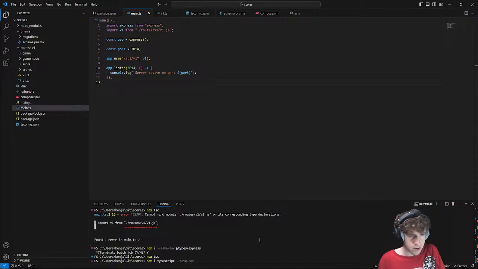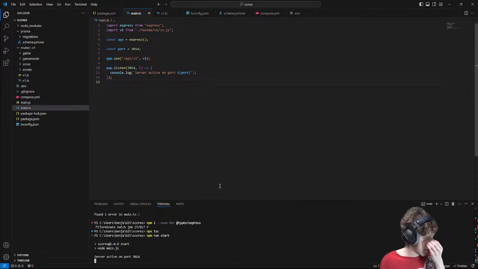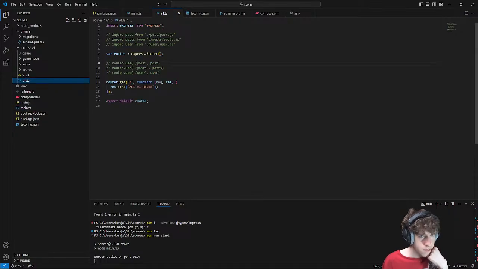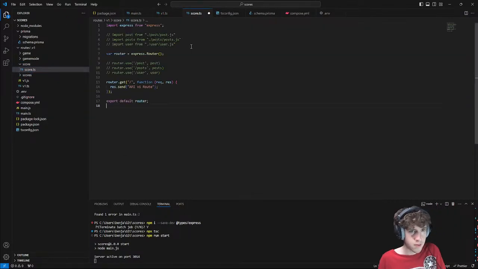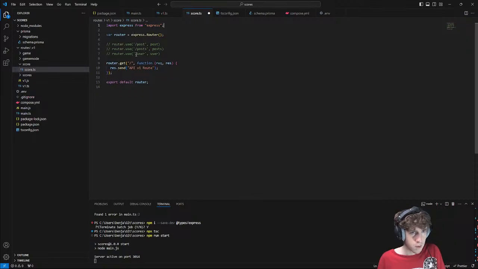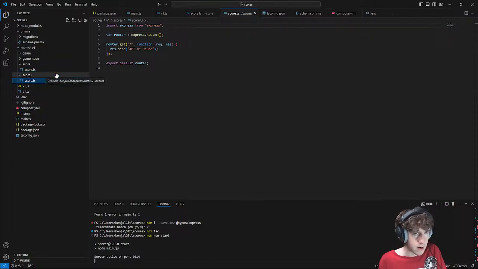And now I can theoretically npm run start, and the server starts. Over here, I need to do a copy of this, score.ts, go to router, copy that into everything here.